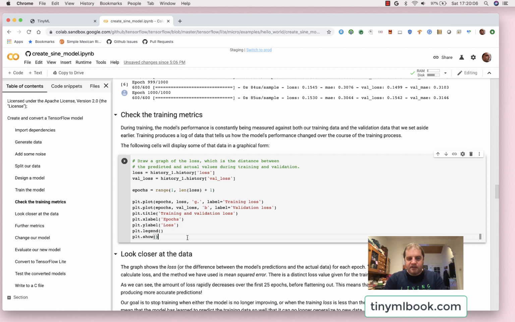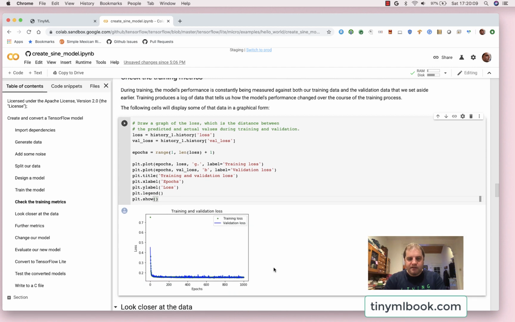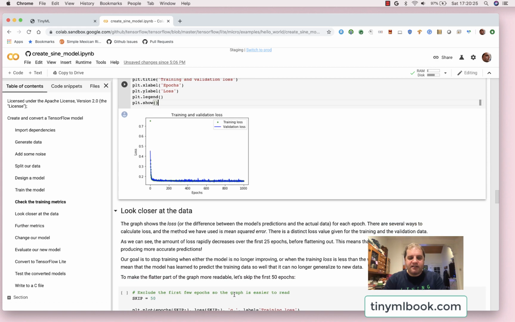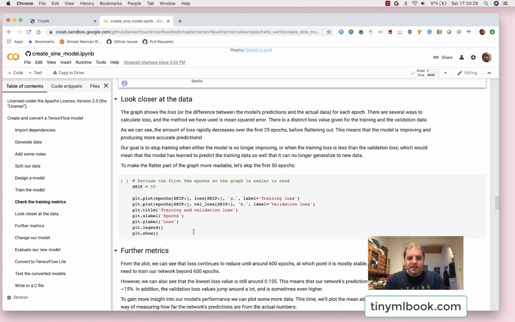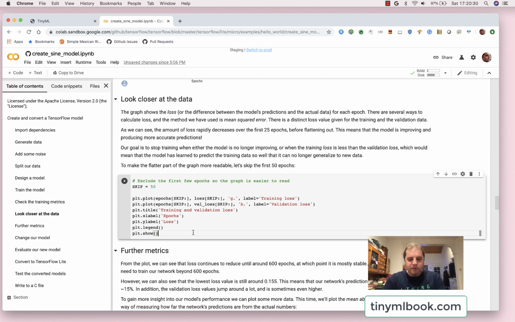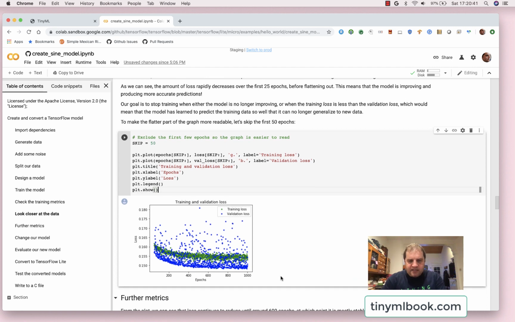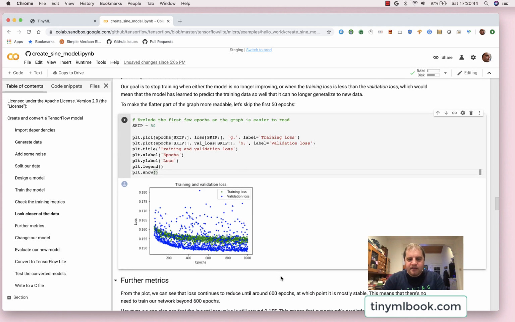So again, Command or Control Enter, and you can see that, as you might expect for a machine learning model, the training loss and the validation loss drop pretty fast, but it's hard to tell what's actually happening after that initial hockey stick drop. So let's skip those first 50 epochs where things are changing very rapidly and just look at the rest of the data. And what you can see is